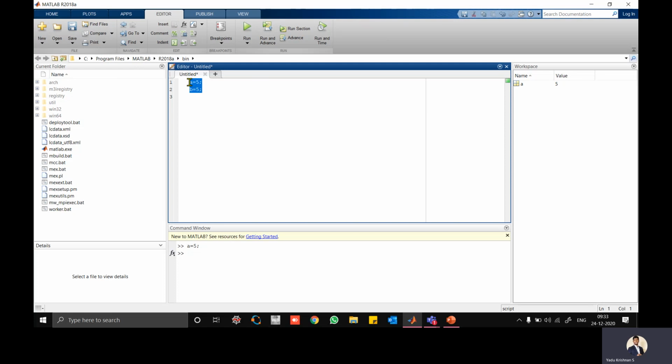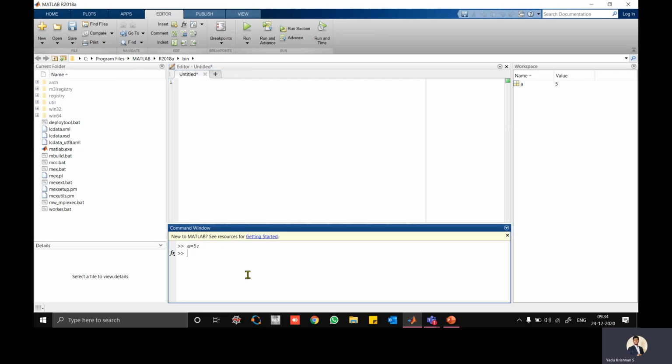After writing the entire program here, you can see that the editor tab will be turned on. In that you have new, open, save. There are so many options here, and there is an option called run. You have to run it. If any error is there, that error will be displayed in the command window. If there is no error, and if you want some input from the user, that input prompt will be displayed here. So through this we will be entering the inputs through the command window. Okay, this is how it works.